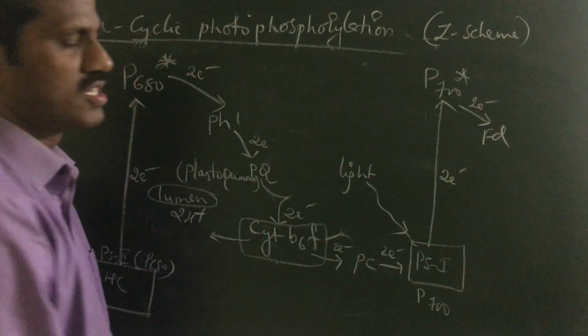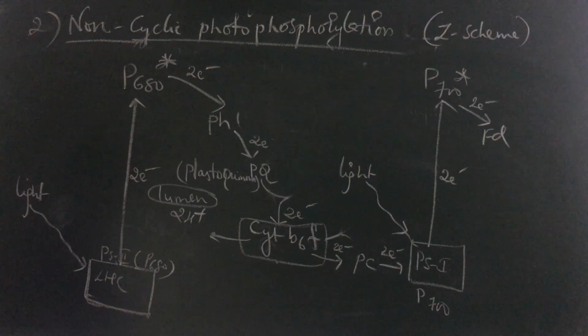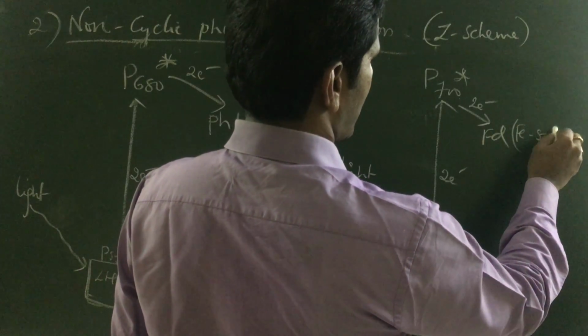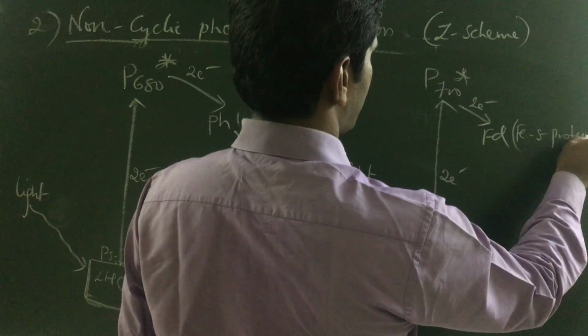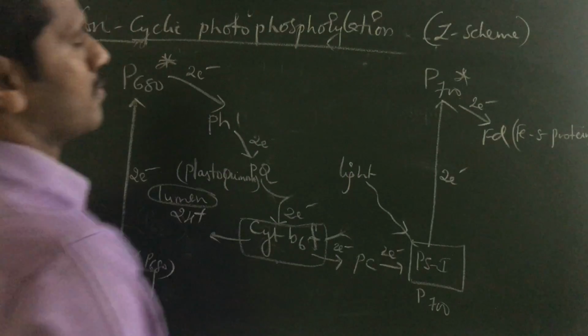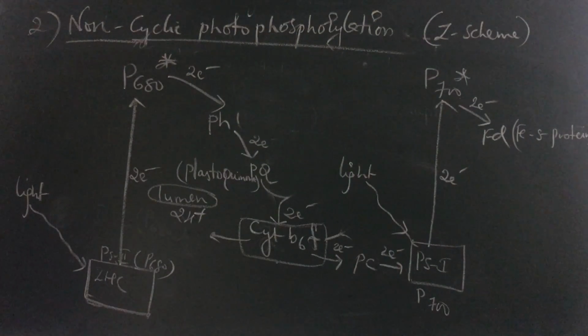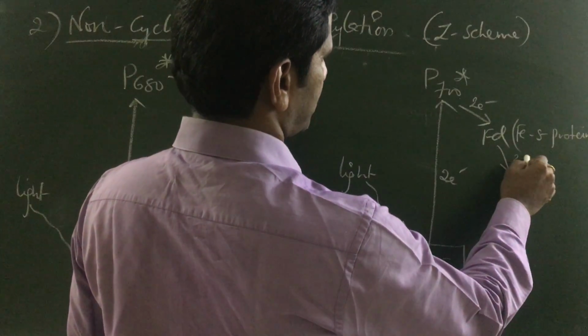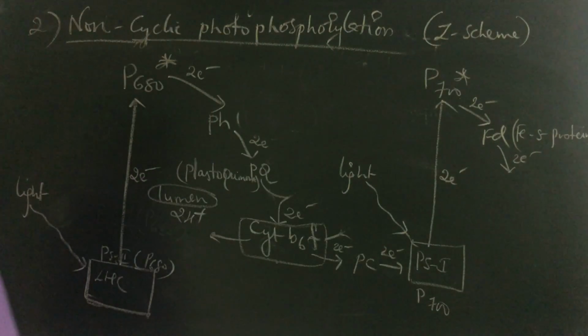FD stands for ferredoxin, and it's an iron sulfur protein. Ferredoxin is an iron sulfur protein. Remember, iron sulfur protein, ferredoxin. So the two electrons from the ferredoxin, they are accepted by